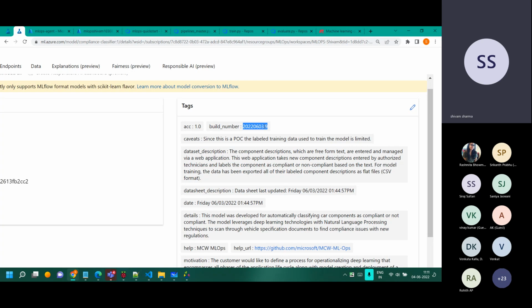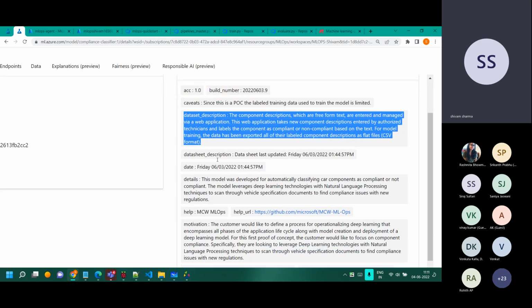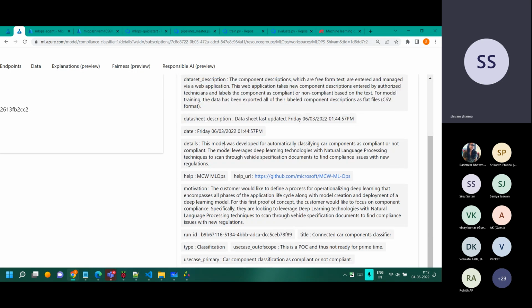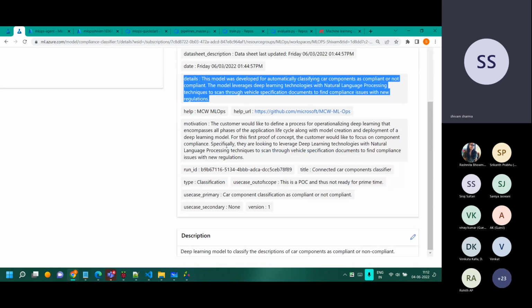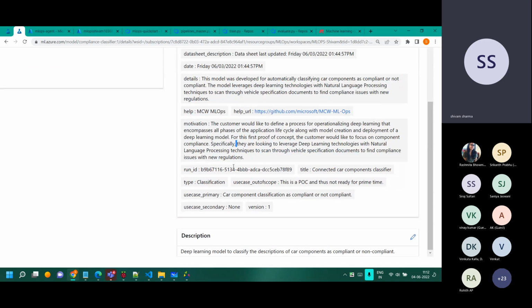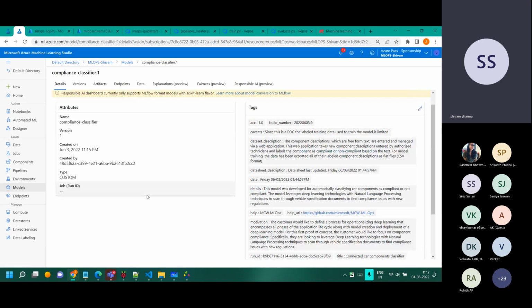Which build number is there? That's my build number. Why was it created? Who created that? Any specific information you want to log? What was the run ID? What was the title of this? What was the use case? And so on and so forth. What type of model? Which hyperparameters did you use? All those details will be saved for you in that step.